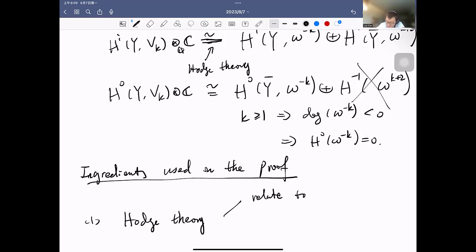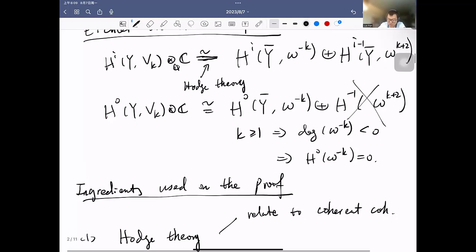So relate to coherent cohomology. And second is that the Hodge theory actually tells you that this kind of coherent cohomology, the way they show up, they contribute to the singular cohomology via some direct sum. So there's some direct sum decomposition on the right hand side, and one way to think about this is that on this singular cohomology there's an action of this Deligne torus, which gives you